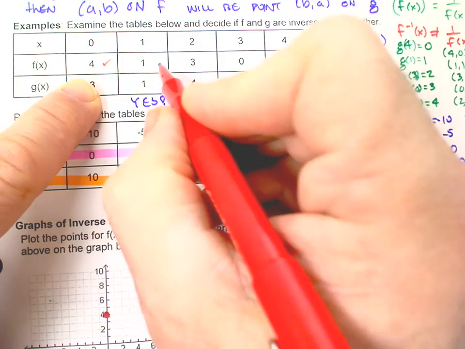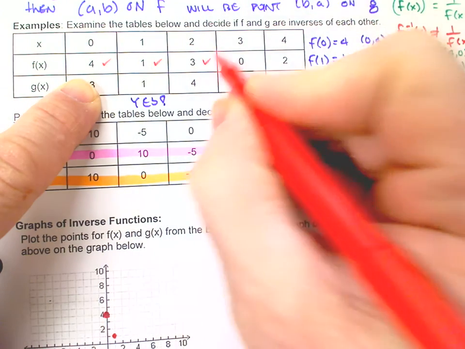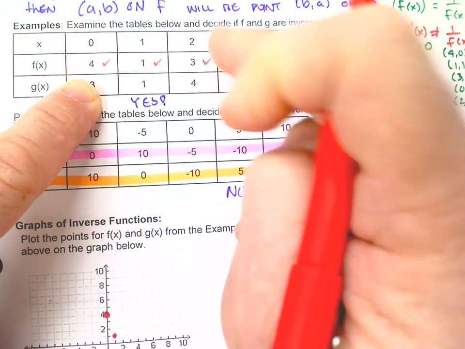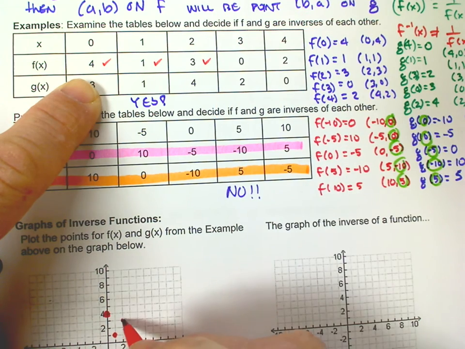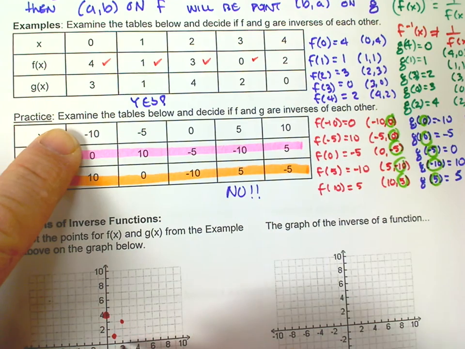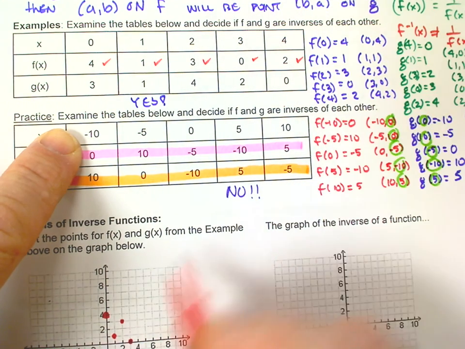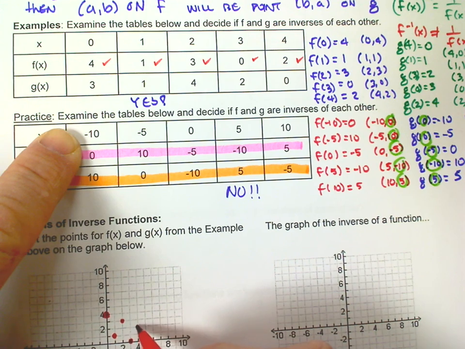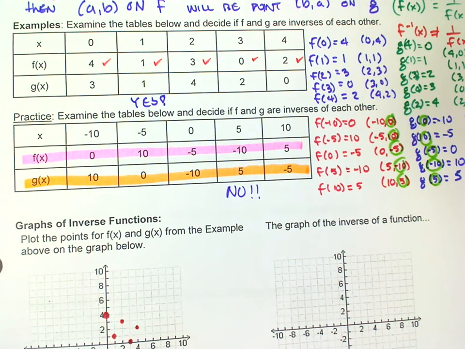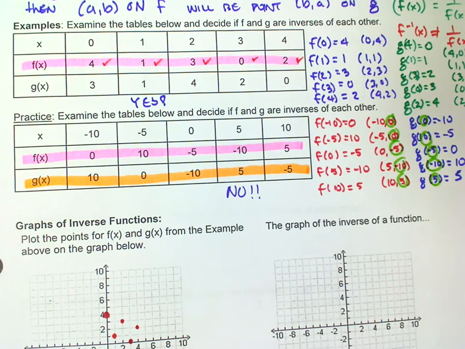We go through (1, 1), to the right 1, up 1. We go through (2, 3), to the right 2, up 3. And we go through (3, 0), to the right 3, not up at all. And (4, 2), to the right 4, and up 2. Those are all of these points here. Okay. Now I'm going to go ahead and do the same thing